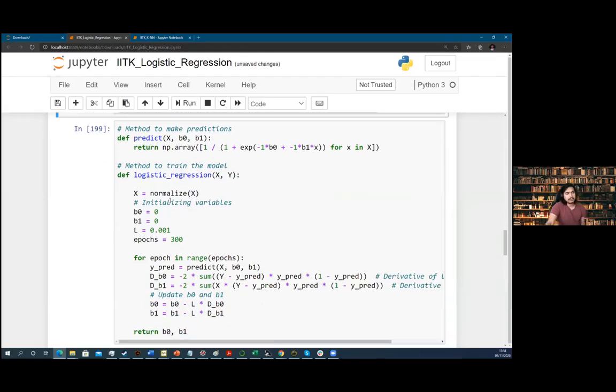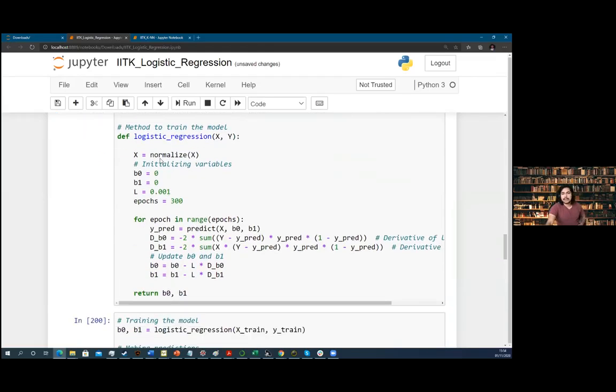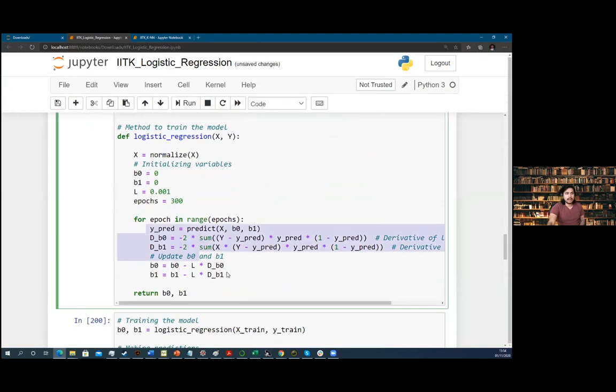So now we have to perform the logistic regression, right? In this case, I'll explain this whole algorithm. Since you attended the last lecture, you saw the derivation.